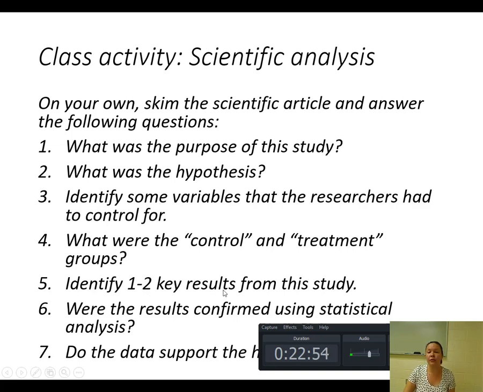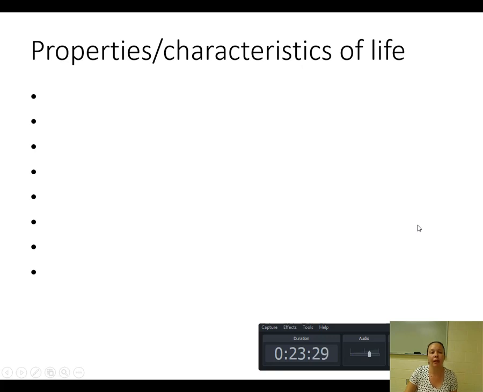See if you can find one or two key results from the study. That would be in the results section. Were the results confirmed using statistical analysis? You don't have to know what type of test, but just see if you can figure out if the results were confirmed using a stats test. And lastly, do the data support the hypothesis? You can usually find that in the discussion or conclusion. Sometimes you may need to infer. It might not be spelled out for you in the scientific article, but sometimes you will need to infer what the data says. So something I wanted to move on to in this introduction to biology